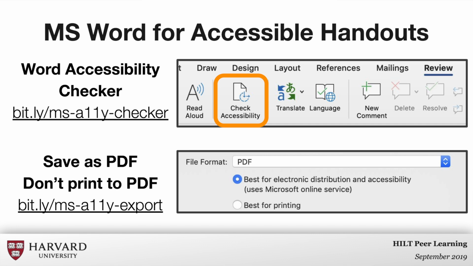And then once you're done checking your accessibility and you finish the content, a lot of people like to put it in a PDF form. And our tip there is don't save it as a PDF. Save it as a PDF, don't print it to PDF. We have a link for that as well,